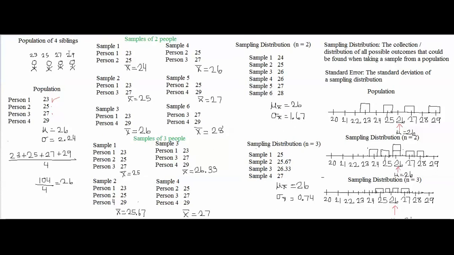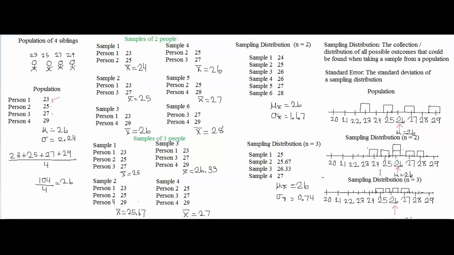you take a population and you create a sampling distribution with a smaller sample size, and you create a sampling distribution with a larger sample size, the sampling distribution with the smaller sample size will always have the bigger standard error, and the sampling distribution with the bigger sample size will always have the smaller standard error. So smaller sample size means larger standard error, larger sample size means smaller standard error. It's always that way,